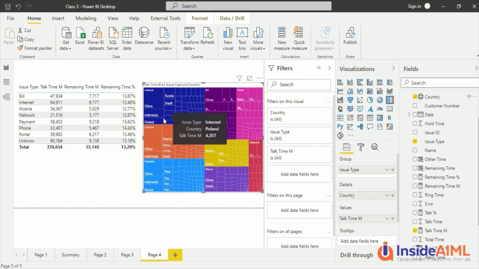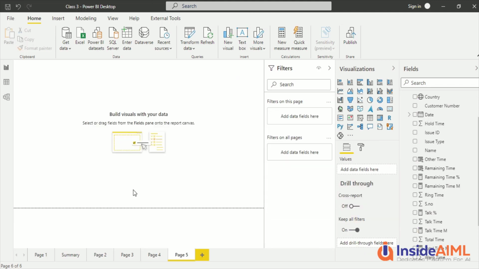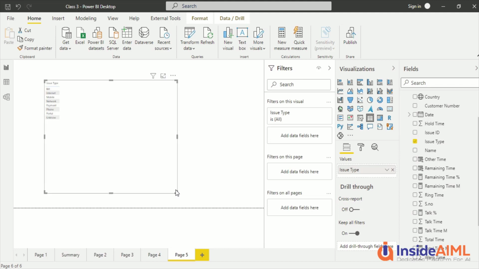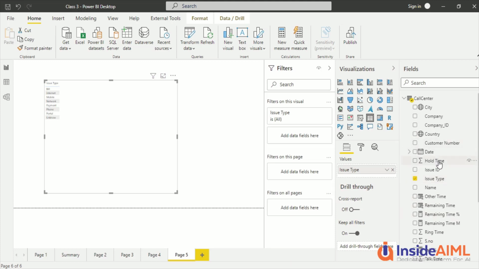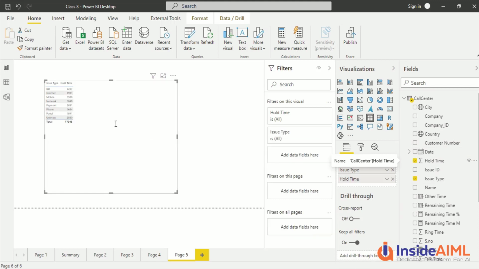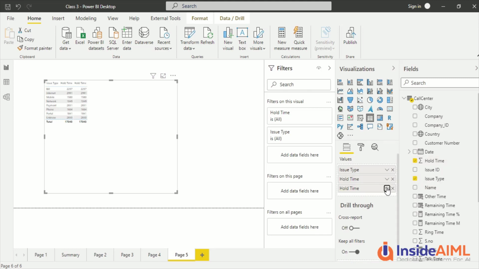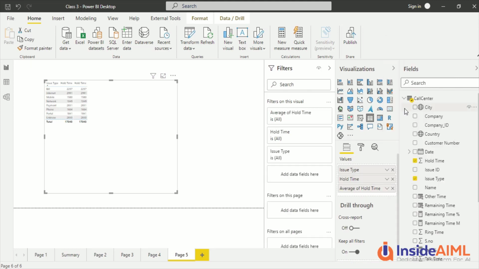So one more thing which you can do, and I'm going to tell you a very interesting thing, is that I'm going to take only one measure and I'm going to do different avatars of that measure. So let's take this issue type. And not measure, we are going to take column here. For measure we can't play around, because the aggregation for the measure is fixed, but for column it is not fixed. So let's take whole time. So this is whole time. Look at aggregation here, right click, this is sum. Again drag the whole time. Now we drag it, average whole time. I can create a measure also, average whole time.